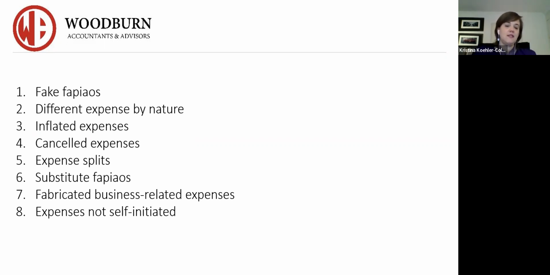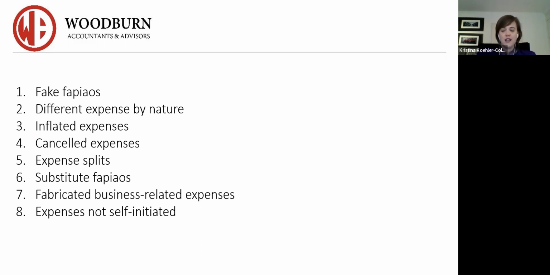Fabricated business-related expenses. So for example, your team member goes on a business trip, says they had a dinner with a client, but never had that dinner, and now they're getting reimbursed for their dinner, which is not an allowance that they're allowed to have. So it's basically creating fake business-related expenses, okay? This is, again, where every employee who has expenses should be creating a cover sheet on what their expenses are. And ideally, you should be having an overview how the expenses are month to month. It could obviously change based on the number of business trips they have, but you should have an understanding of whether things are being faked or not over time, right?